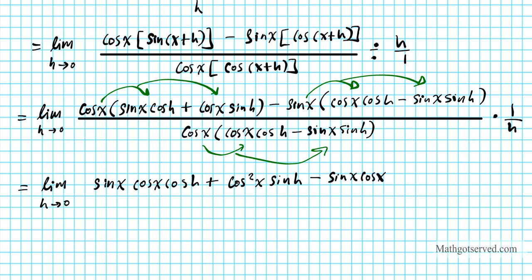cosine x, cosine h. Oh boy, I'm running out of room. Minus times minus is a plus. Sine squared x. The sine times sine is sine squared. Sine x times sine x is sine squared x. Sine squared x, sine h. That's for the numerator. And then that whole thing divided by